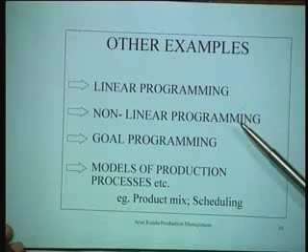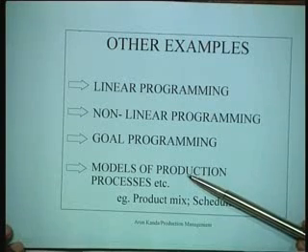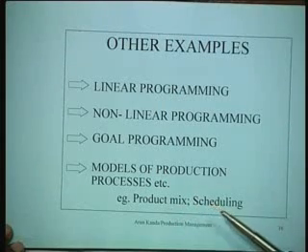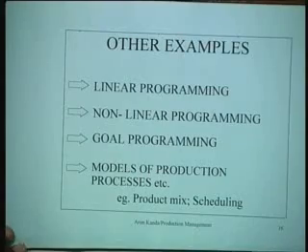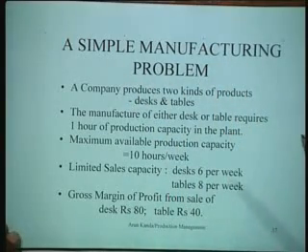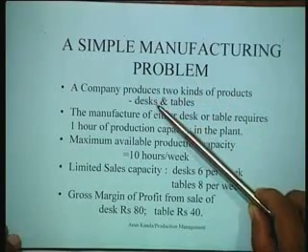We can look at other examples of models which are very relevant in production management. We can use linear programming, non-linear programming, goal programming, models of different types of production processes, and we can model production product mix and scheduling by using these kinds of models. Now we'll take a small example, for instance, and see how modeling for that particular product is done. Take a simple manufacturing problem. Let's say that the company produces two kinds of products. These products are simply desks and tables,